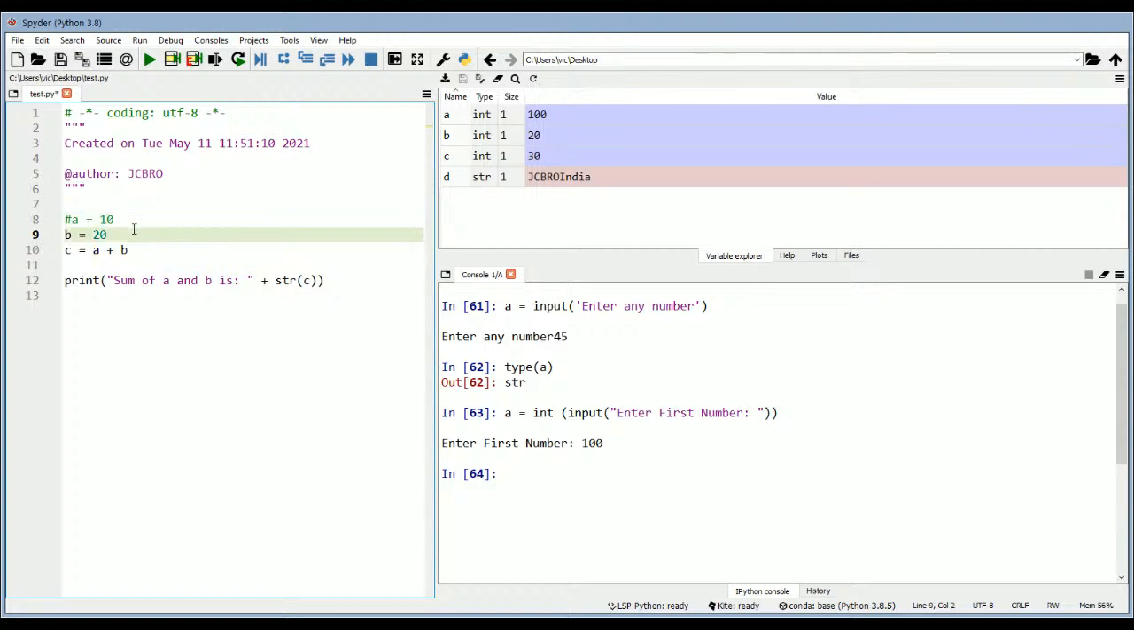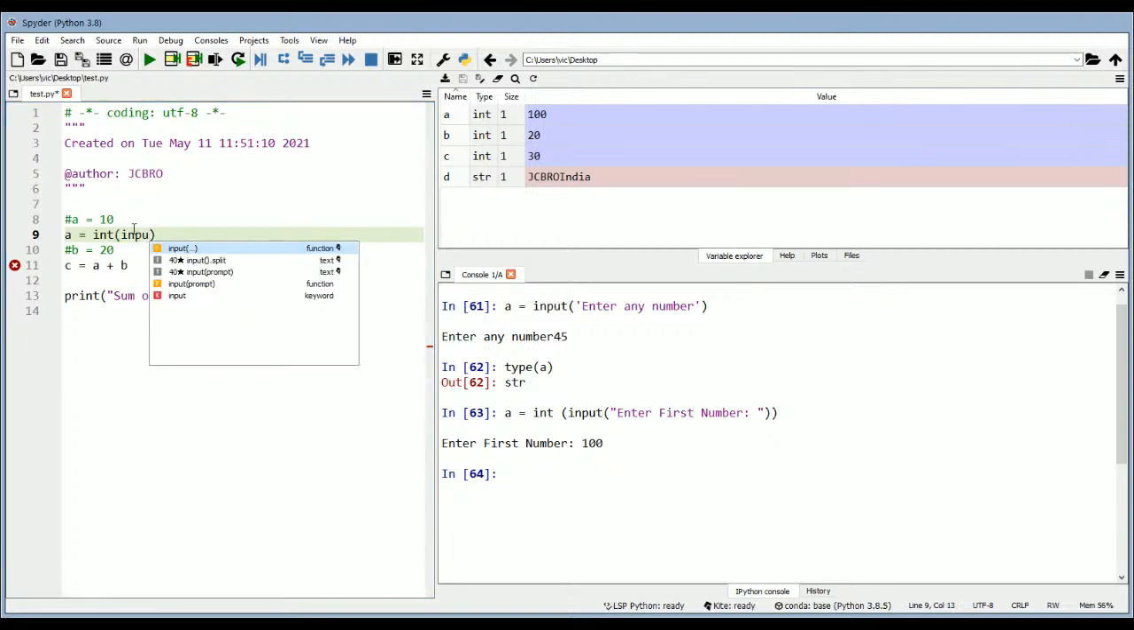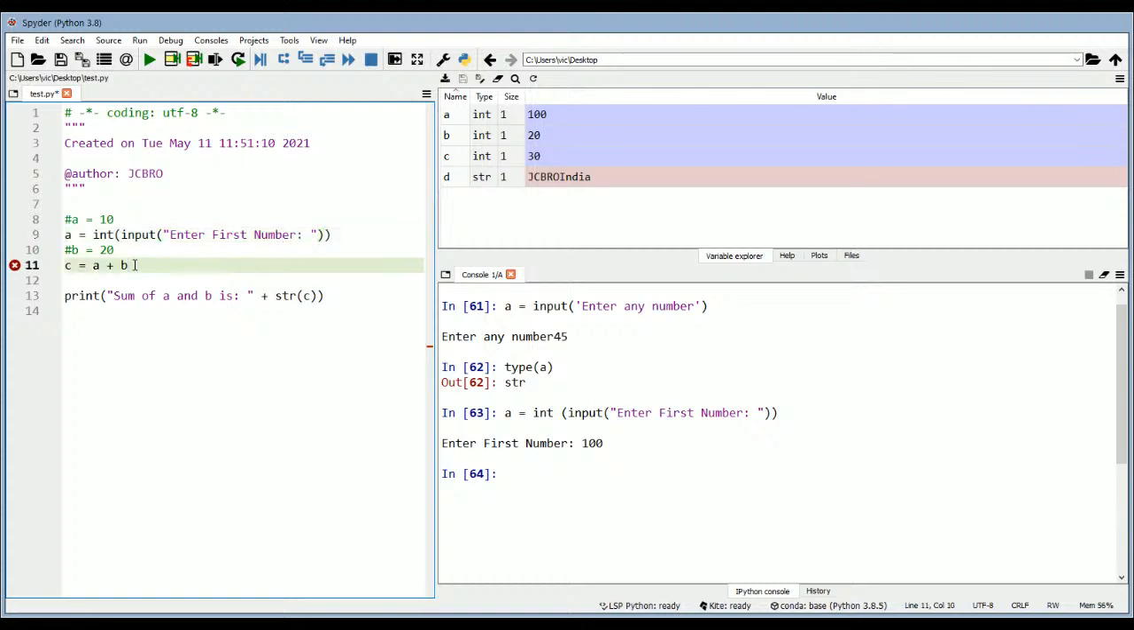So first of all, we will make this a and b as comment. Okay, and then I will type a equals to int input, and we'll type "enter first number". Okay, and then I will type b equals to int input, "enter second number", right? And we'll say "sum of entered numbers is"